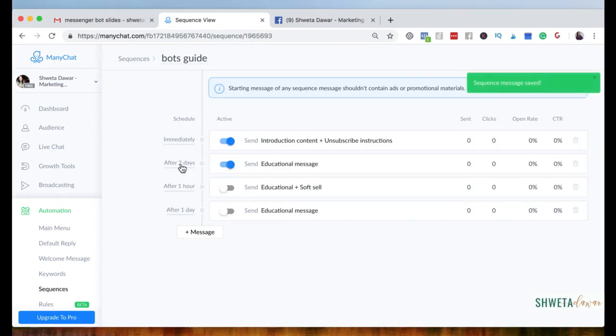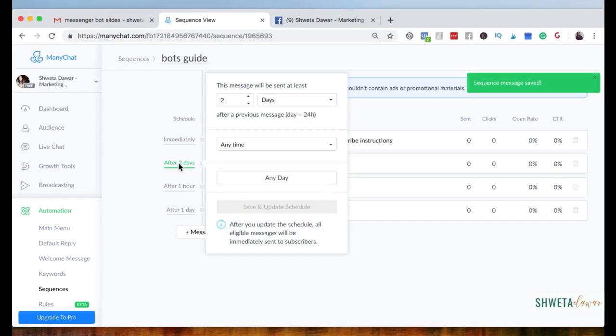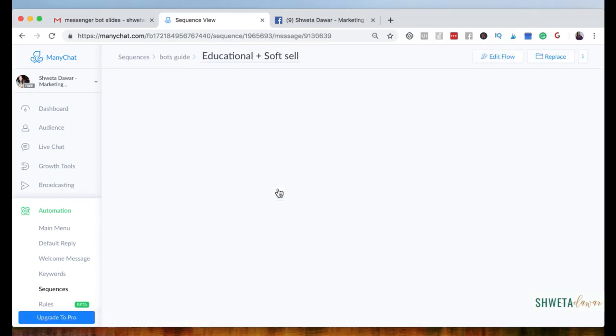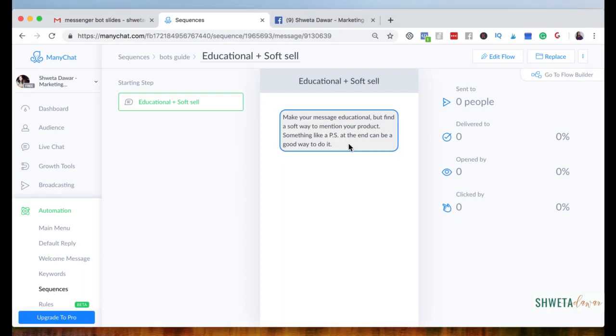And you can decide when you want this message to go out. So the first message will go out immediately because again it's the delivery of what you're offering, and then the second message you can decide either after 1 day or 2 days. And then we're creating the last message as part of the sequence. Just click on edit flow,